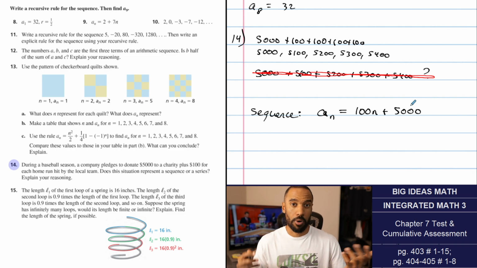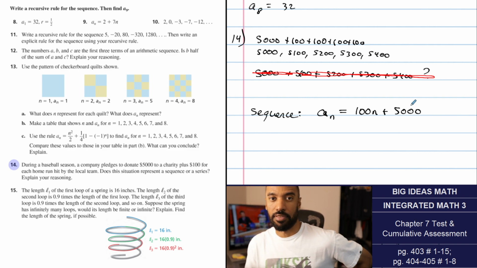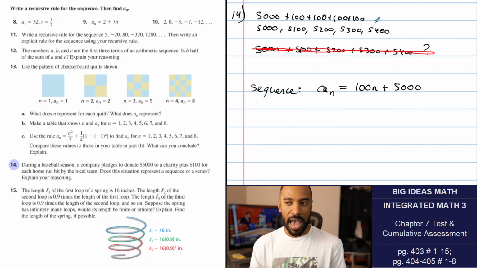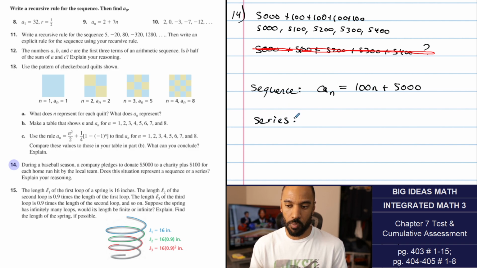So if they hit 32 home runs, it's $3,200 plus the 5,000, which is 8,200. And you can see it as a sequence there. That being said, we are adding hundreds each time, but that's what the sequence is also showing. Now, as a series, if you wanted to write it as a series, you